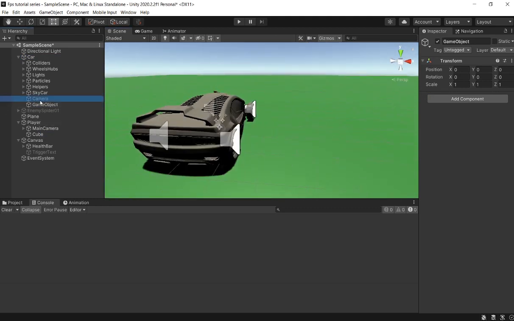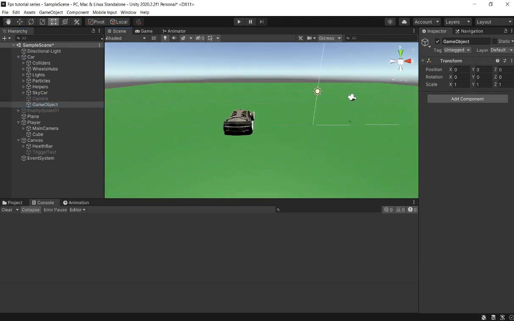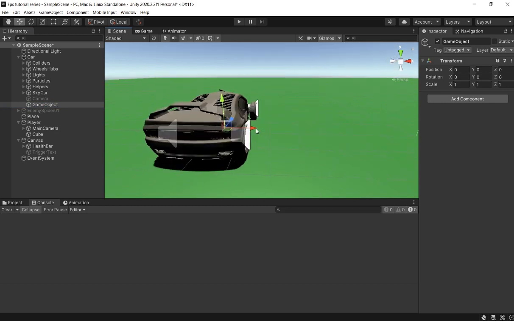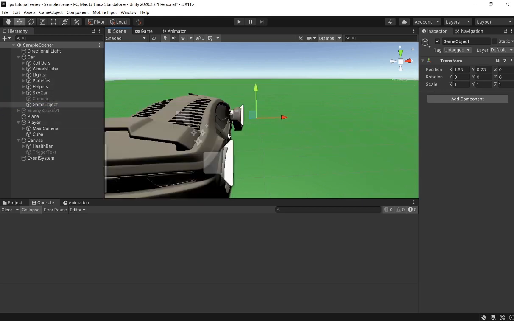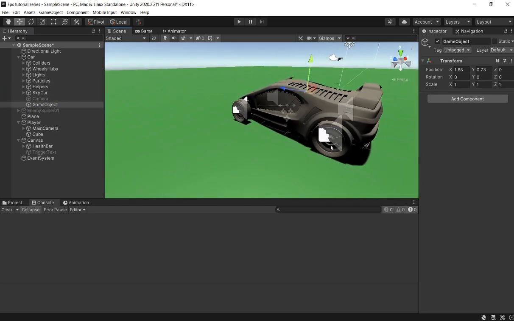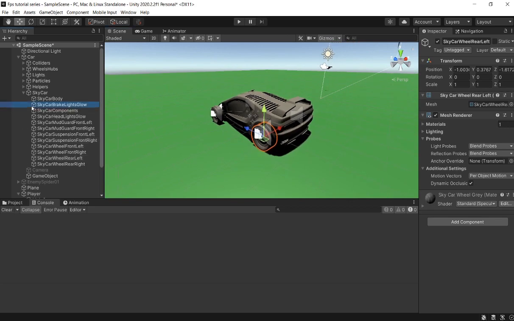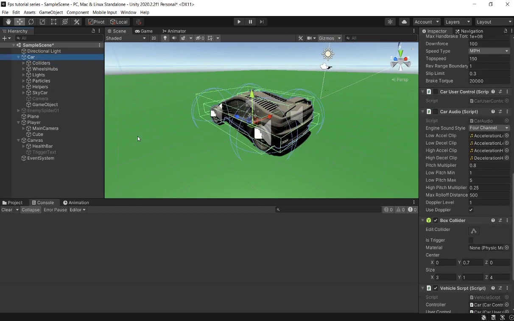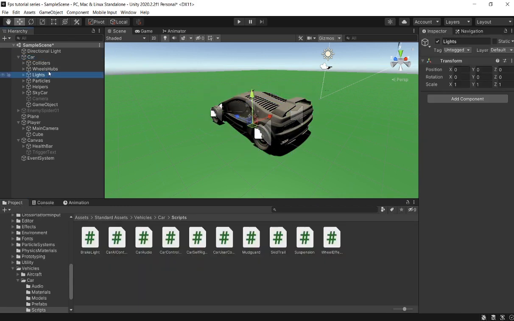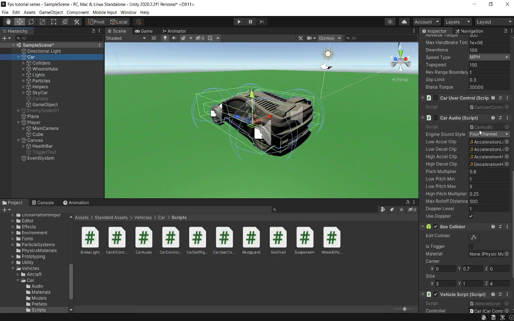side of the car, depending on which side of the car you want the player to be exiting from. And we're just going to drag it to the right and drag it up a little bit, and that should be where our player is going to be spawning in. I also see an audio source, so maybe that indicates that our audio source isn't just coming in from... actually, I don't know much about this car controller, so sorry,